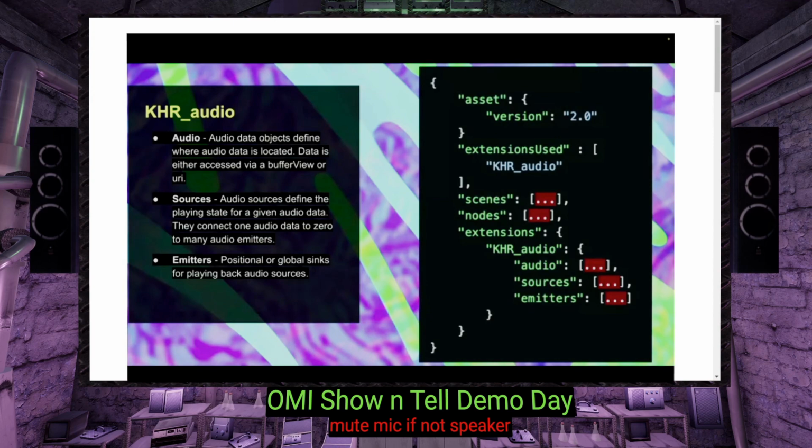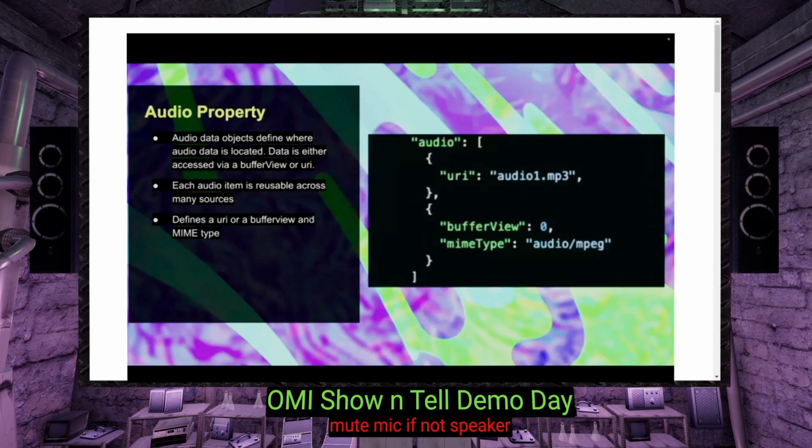So we'll dive into the audio property. This is the data that defines where audio data is located. So this could either be a URI. You can see here this relative path of audio1.mp3 is the first audio in the list of audios available inside of this scene. Each audio item is reusable across sources.